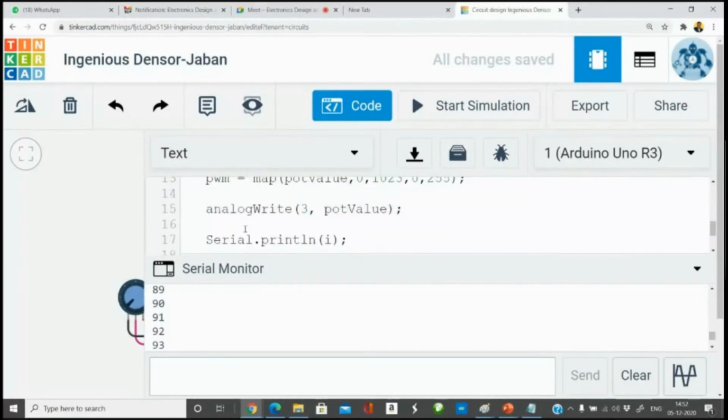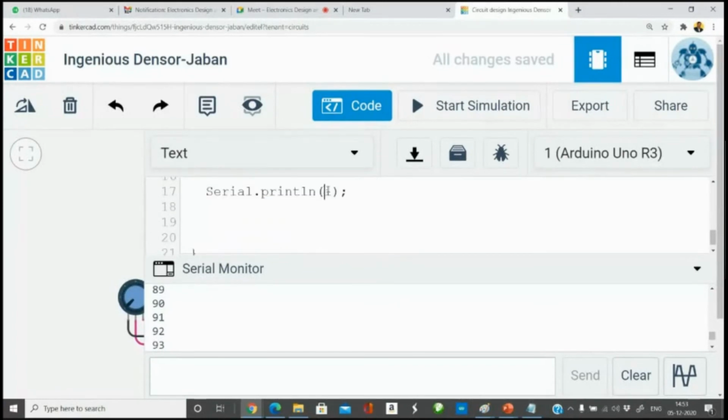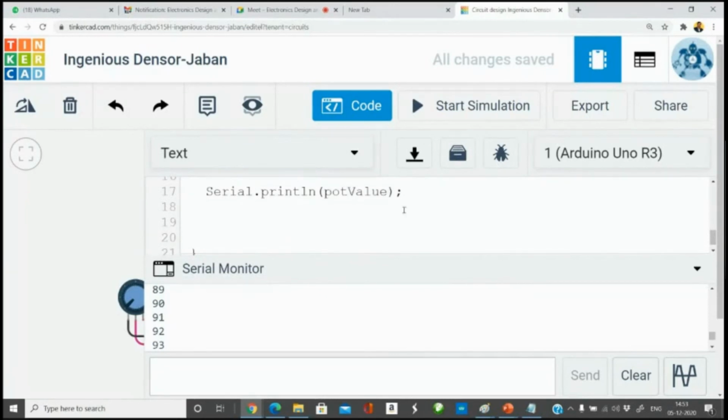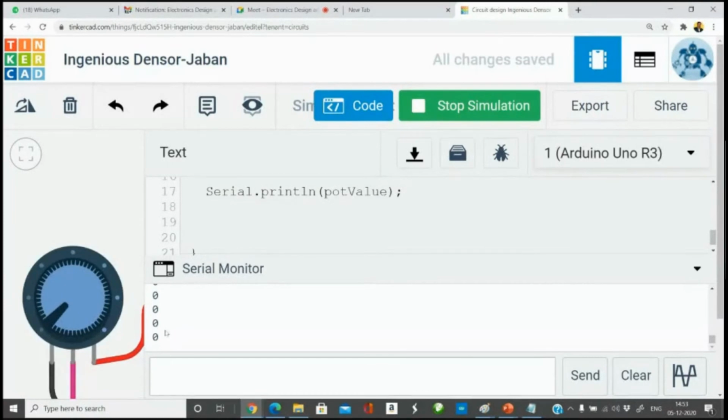So to prove that, let us not use analog write. Let us simply read the analog value and plot that pot value to the serial port. So I just read the analog read and then plot it in the serial window. Let us see what is the range of that. Initially it is 0. Once I increase the value of the potentiometer, the analog value is converted into digital, and the digital value is ranging from 0 to a maximum of